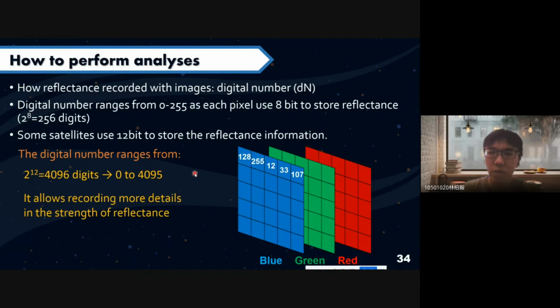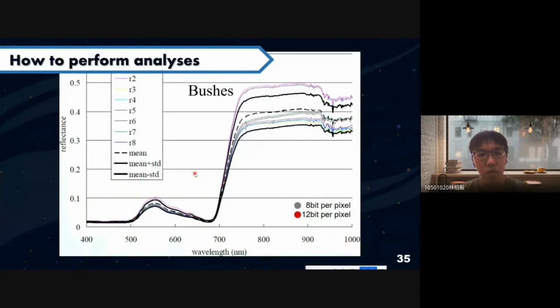So what is the benefit of using so many bits to store a reflectance? Because we have a lot of digital numbers, it allows us to record more detail in the strength of the reflectance. For example, this is the spectral signature of bushes.